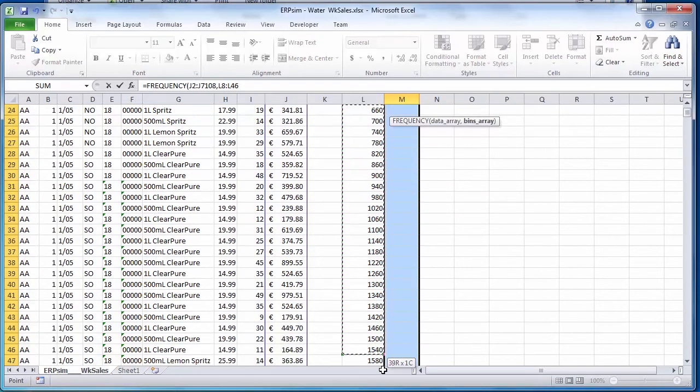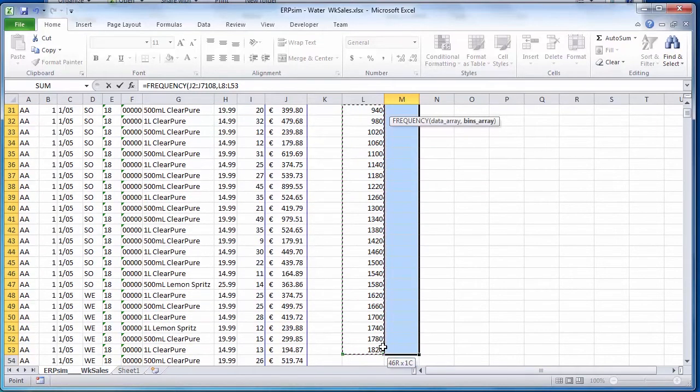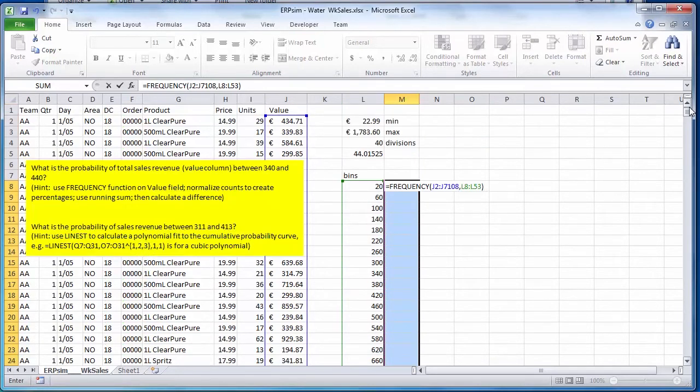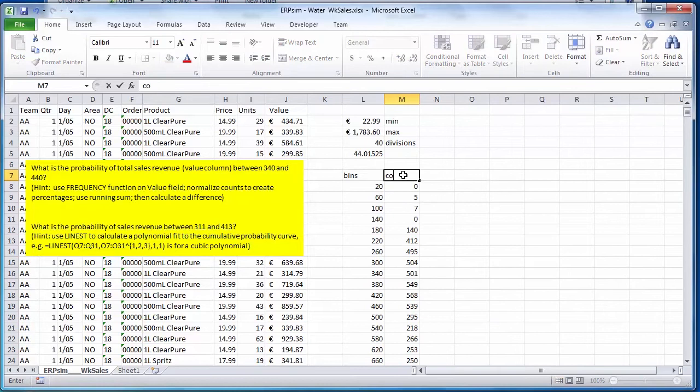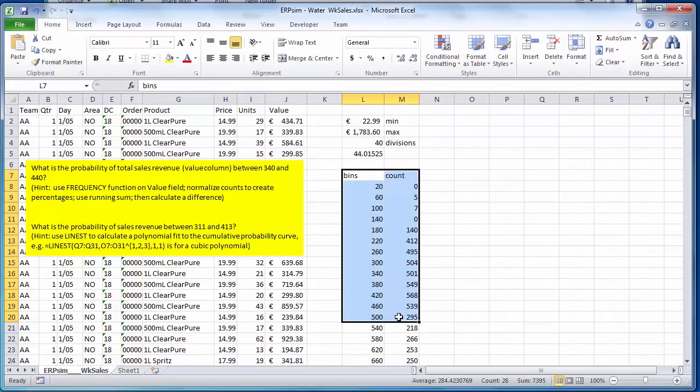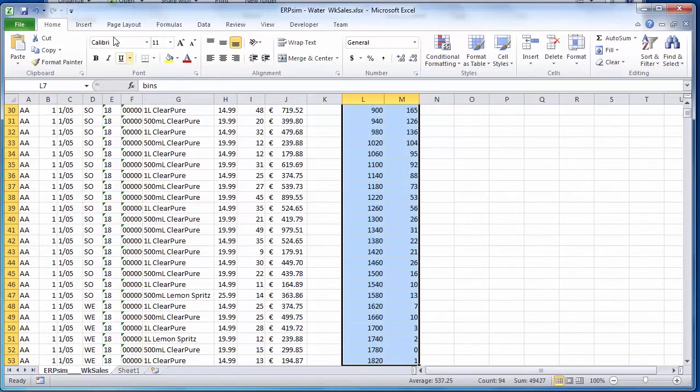So I'll select my bins. I could have done that shift down also. And now I have to do control shift enter. That's how you enter an array formula. Control shift enter. So this is what the data looks like, and we should plot this, and then you can get a better idea. So this would be like count if I wanted to plot this. So if I selected this scatter chart,